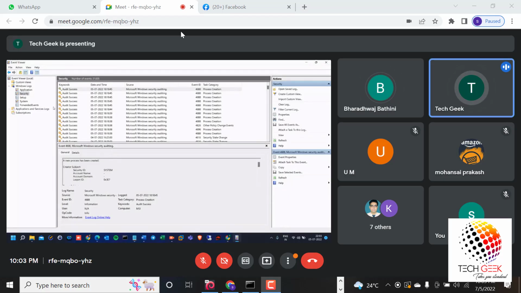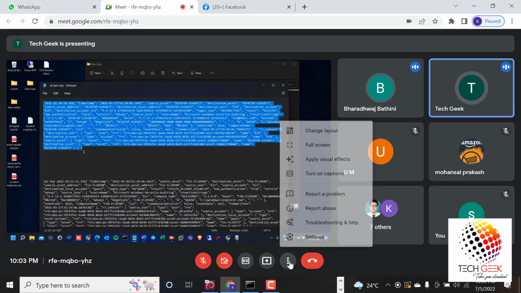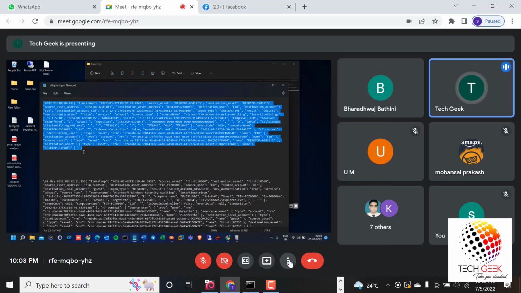For Windows only, we are getting the event IDs. Whenever you see this, this is a raw log. This is how it looks. It is an unstructured format. In the SIEM tools, this unstructured format is converted into a structured format, in a tabular format like rows, columns, headings, proper information.